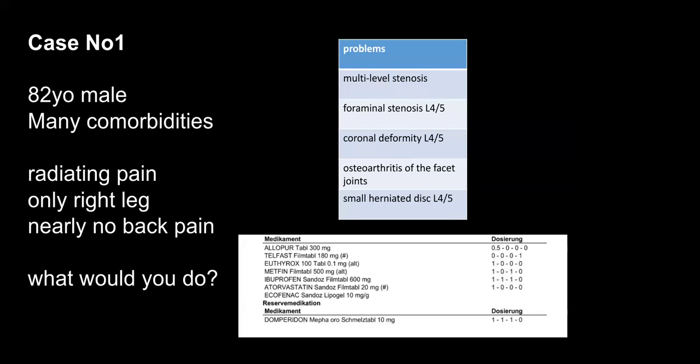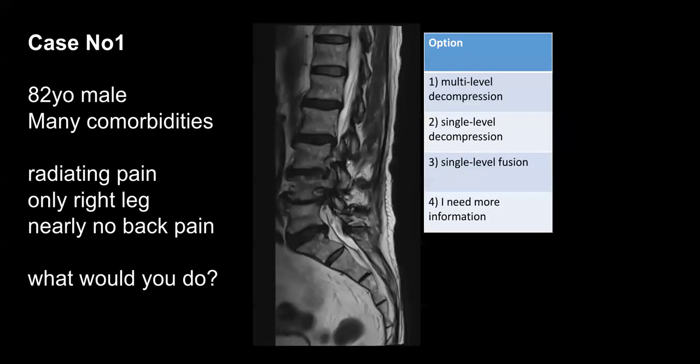So may I ask you, what would you do? Do you do multi-level decompression? Do you use your fusion devices and say, okay, this coronal L45 thing has to be fused? Or do you need more information? Andrew, may I ask you,